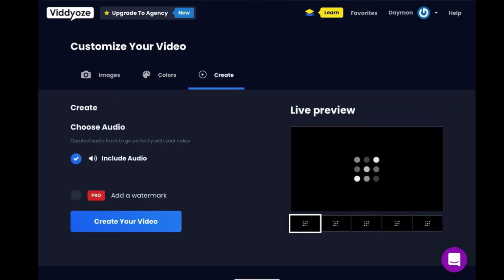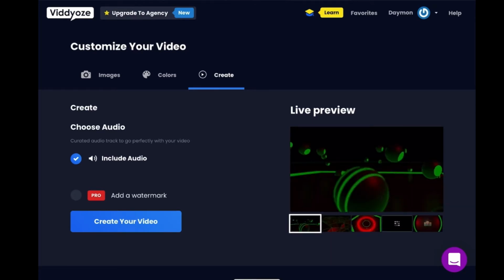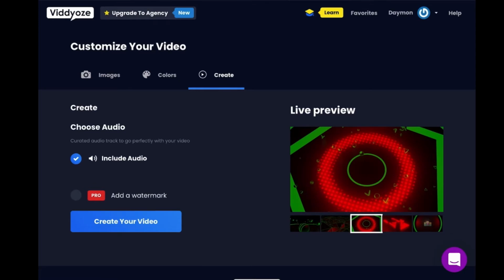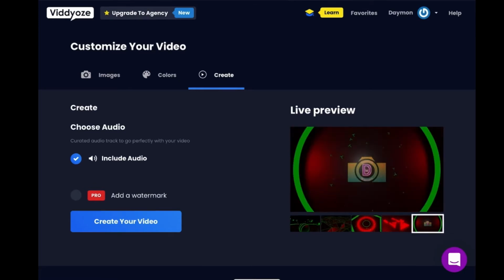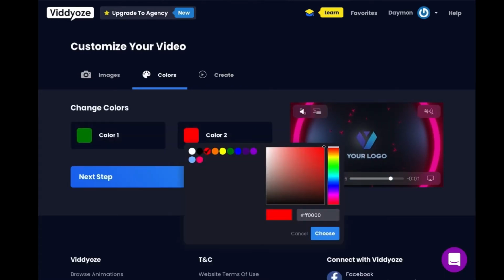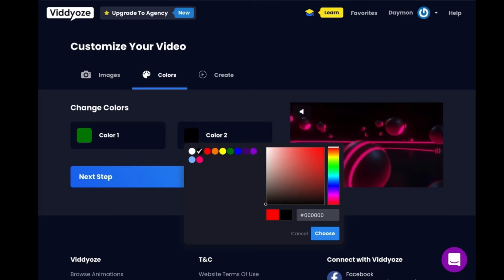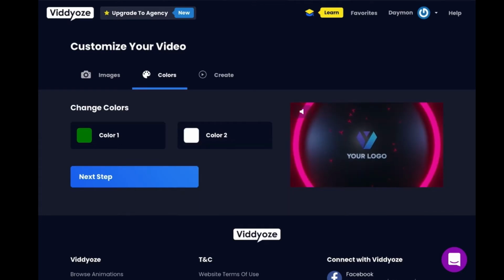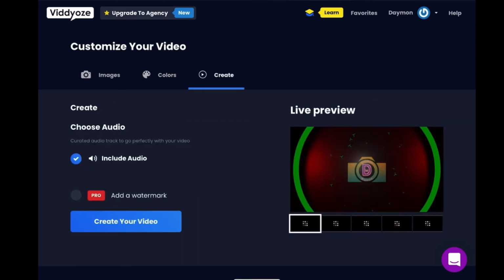What it's actually doing is generating the preview. It doesn't play through on the preview. It just allows you to see what the different screens will look like. So they'll start populating. I've got the green and the red. And I go, oh, I like that. But you know what? The red, not so much. So I can now go back, and instead of red, let's do something crazy. Let's go white. Choose white, goes back into the screen, and see right down here, it's actually regenerating those slides.